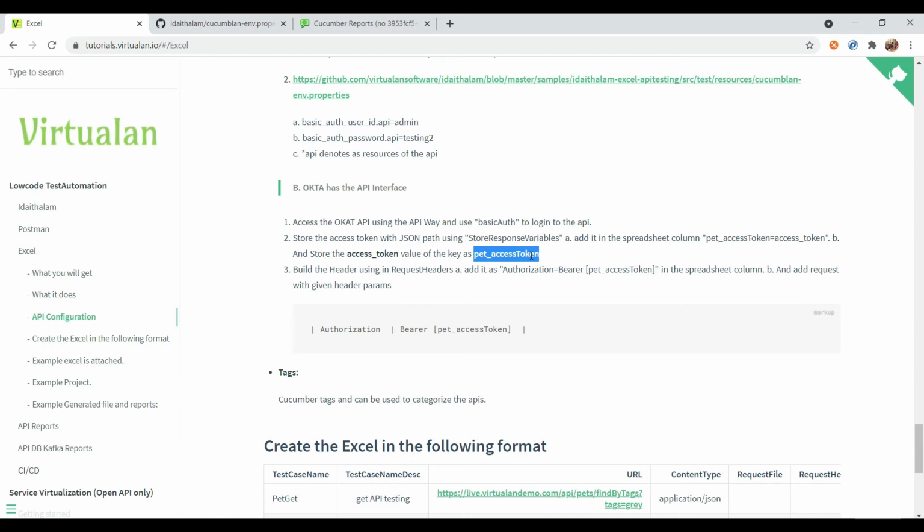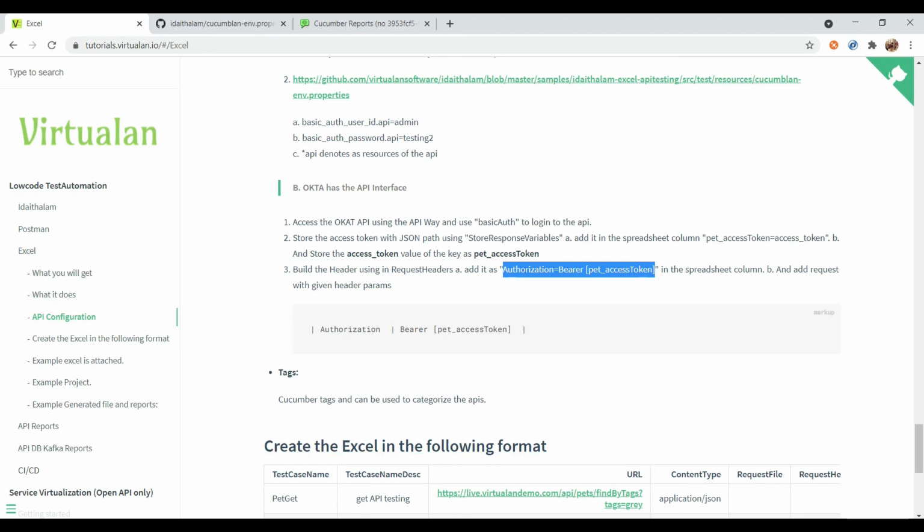After storing that access token, what we are going to do is pass this access token name in our header.